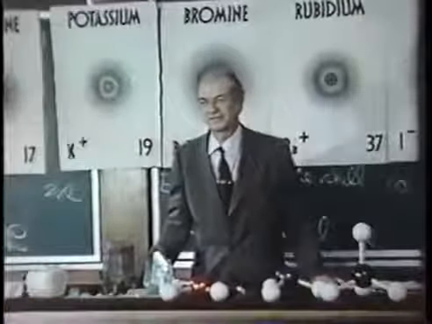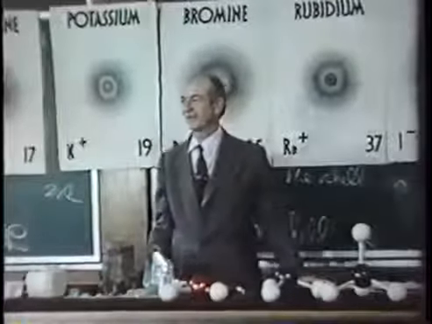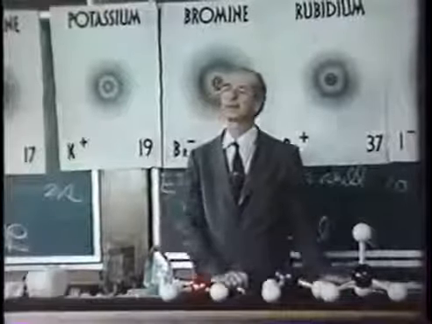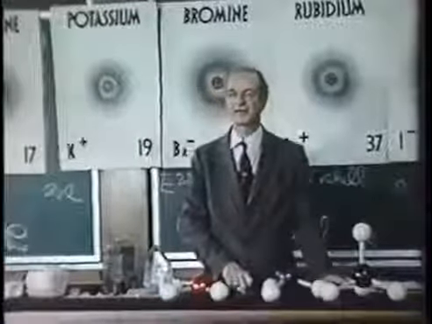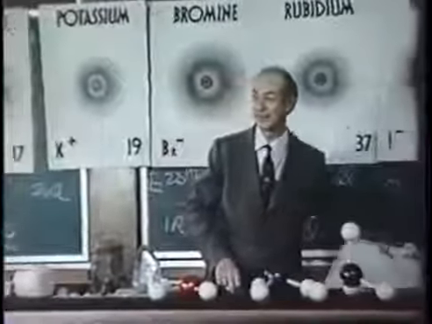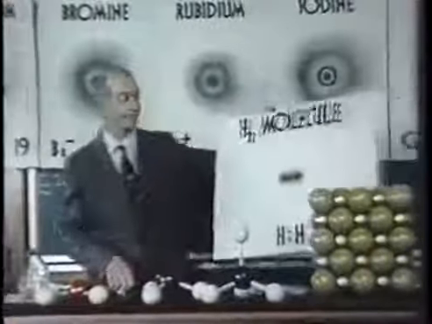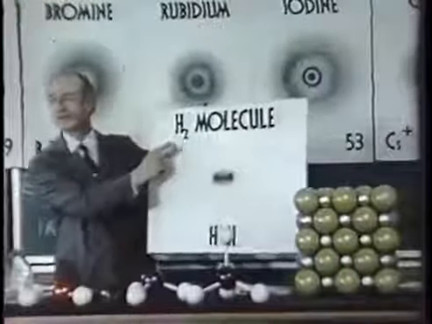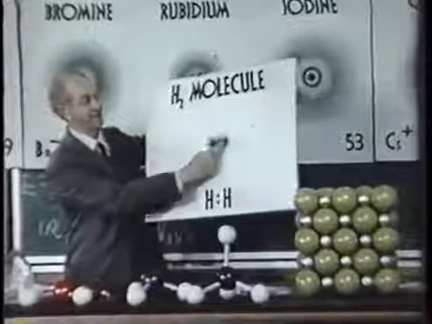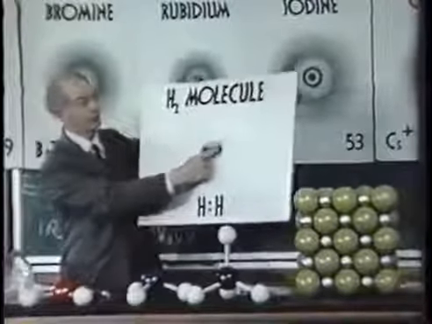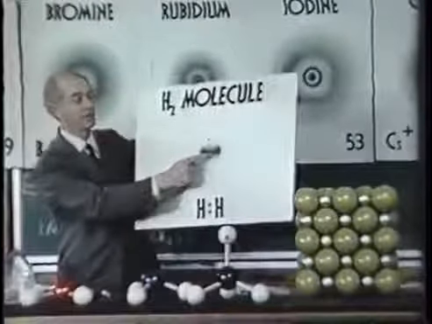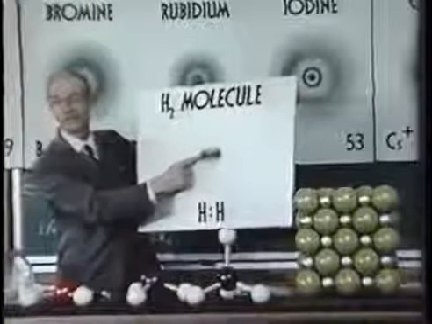Many substances can be discussed satisfactorily in terms of the ionic bond with transfer of electrons from one atom to another. On the other hand, there are many substances that can't be discussed in this way. For example, the hydrogen molecule, H2. Neither hydrogen atom picks up an electron from the other. Instead, the molecule has the structure shown here. The 2 electrons are held jointly by the 2 atoms. They constitute the bond between the 2 atoms.